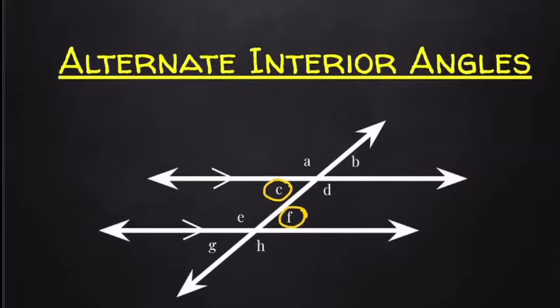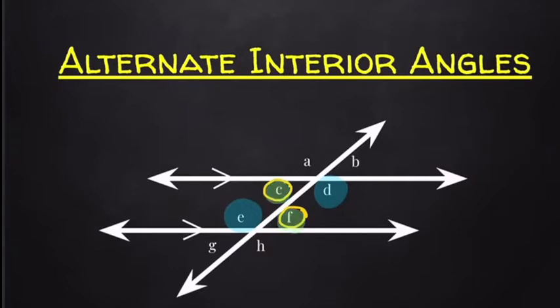Yes，比如说 D 和 E 也会是 alternate interior angles，因为它们都在 transversal line 的反面，然后它们也是在 parallel lines 之间，所以 D 和 E 也是 alternate interior angles。